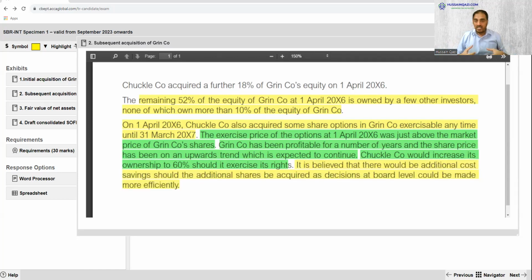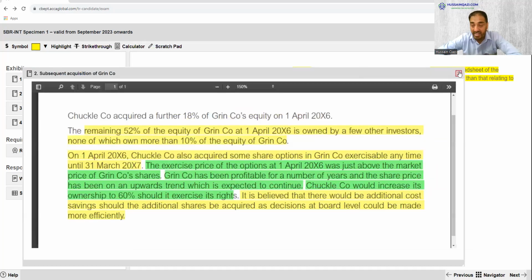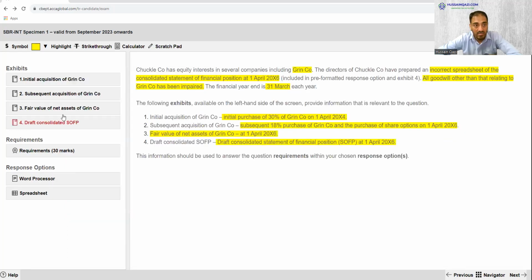This means the acquisition of Grin is valuable for both, with some cost saving activities and synergy aspects. So this is the point for the additional 18% acquisition. Further,